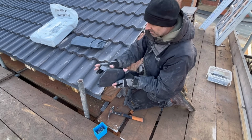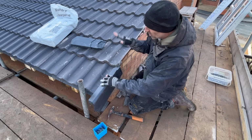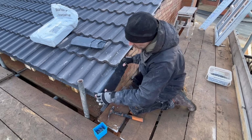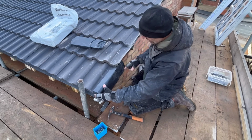So what happens is, and you'll see I've already got my tiles on, so you could do these individually. Put this on one tile, put the tile on top of that, but I like to do it this way. What happens is you put the tile on there like that, and that goes underneath the tile like that, up nice and tight. That part fits against the end of your tile, and then you nail it into your lath. But if you look at that,